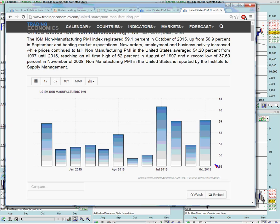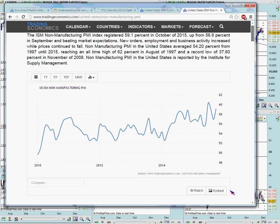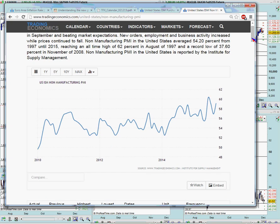So we're going to get the ISM non-manufacturing data tomorrow. It's up at 59 in October. You know, we want to see this strength continue. Let me show you this on a 5-year chart, and you can see it's trending higher. So we do have a very strong services sector, a very well entrenched, improving trend in services, which makes